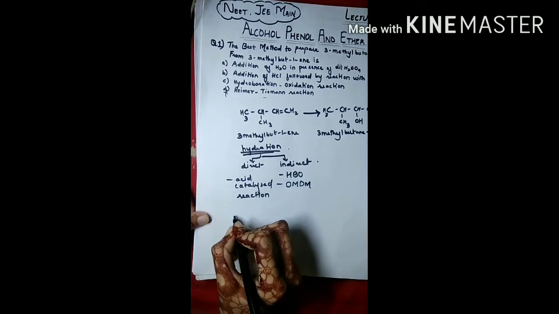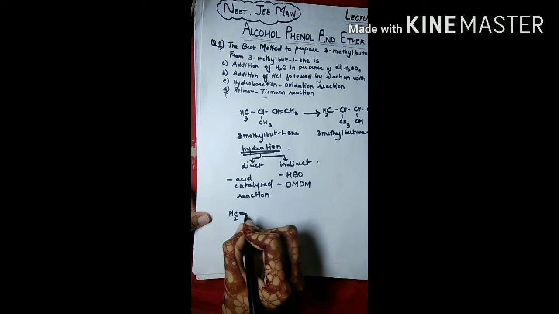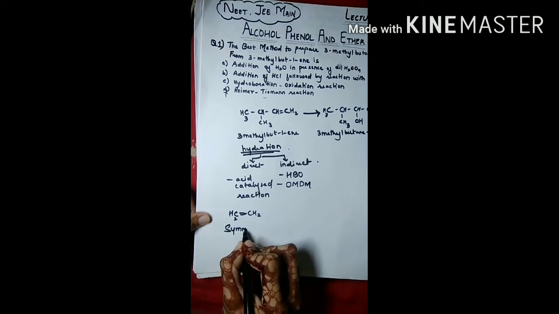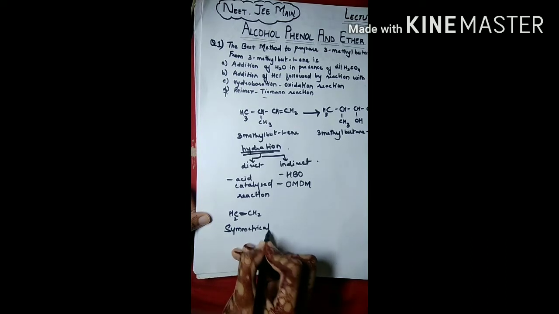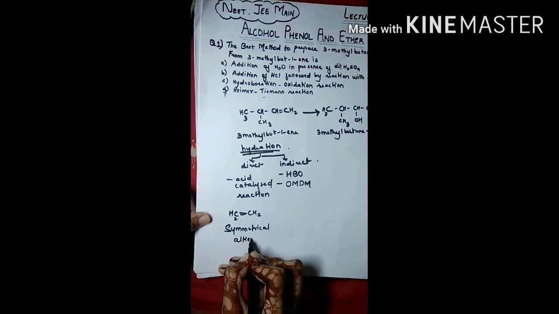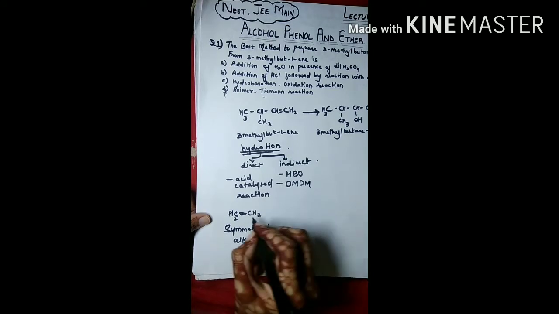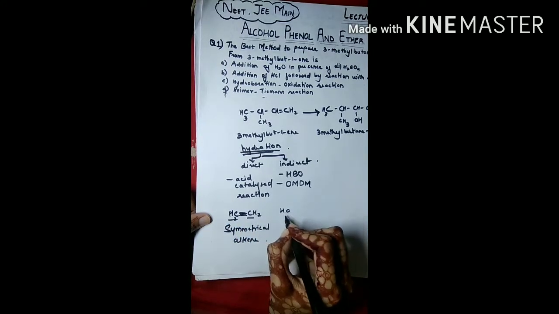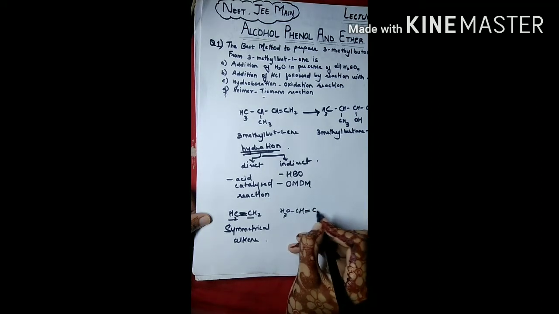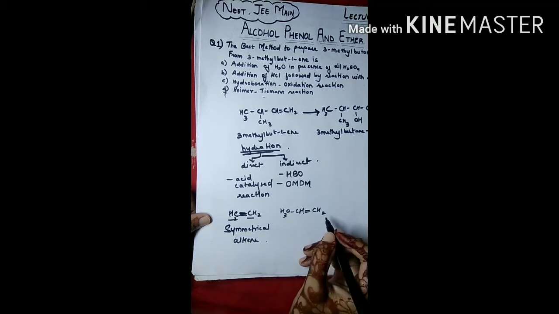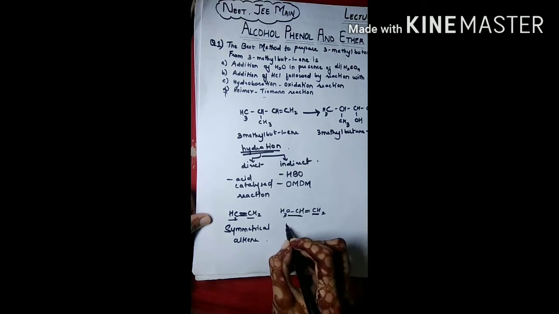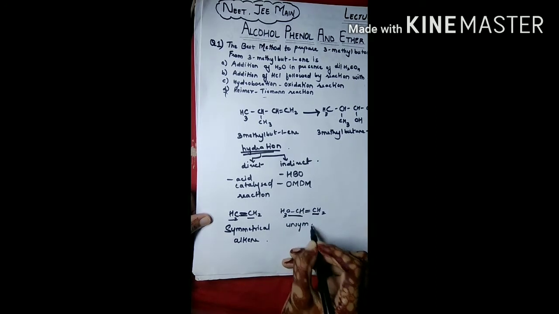Alkenes can be categorized as symmetrical alkene, I'm writing an example of ethene, and unsymmetrical alkene. Symmetrical alkenes are those alkenes in which the adjacent groups of the double bond are the same. And I'm writing an example of propene that will be categorized under unsymmetrical alkene because the adjacent groups of the double bond are different, as you can see here.